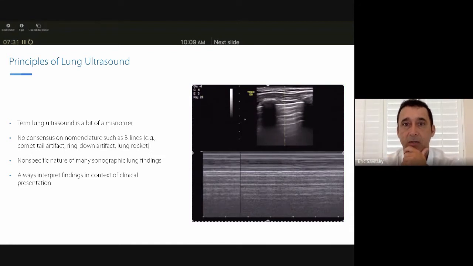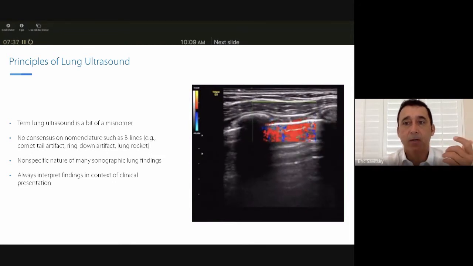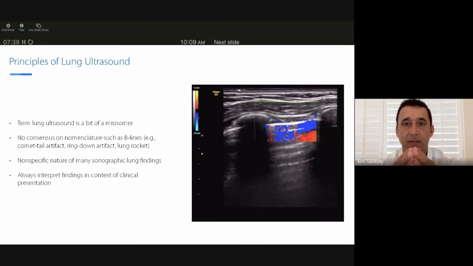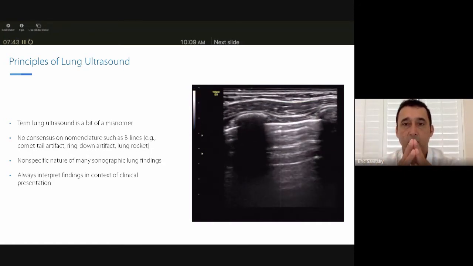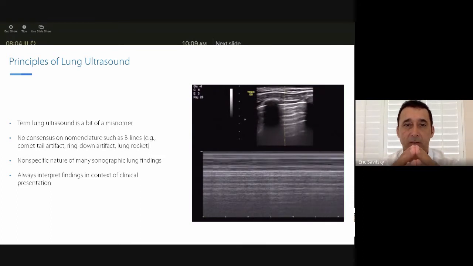But as patients get older, you'll get this dropout and this shadowing, and then you're going to see the pleura. And the pleura is very, very thin, 0.2 to 0.3 millimeters in normal patients. And the other thing that makes pediatric lung ultrasound a little bit of a challenge is there's really no consensus